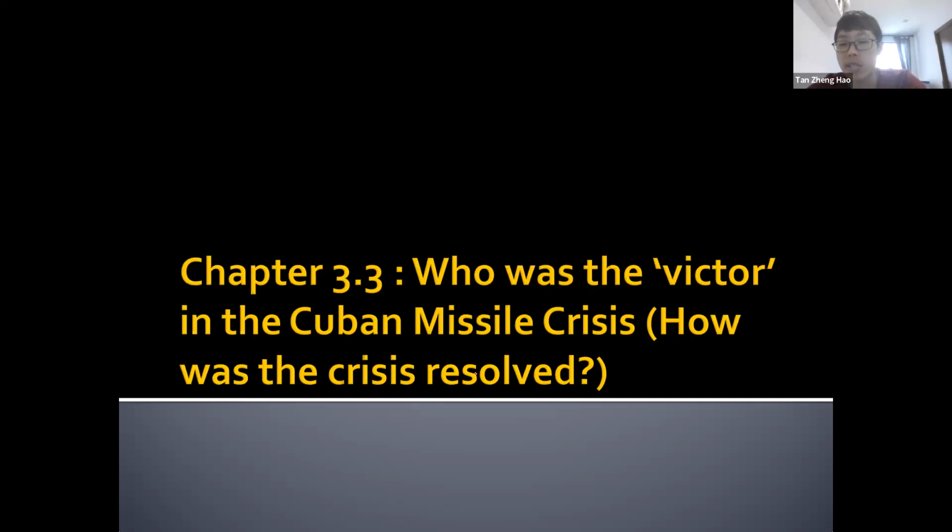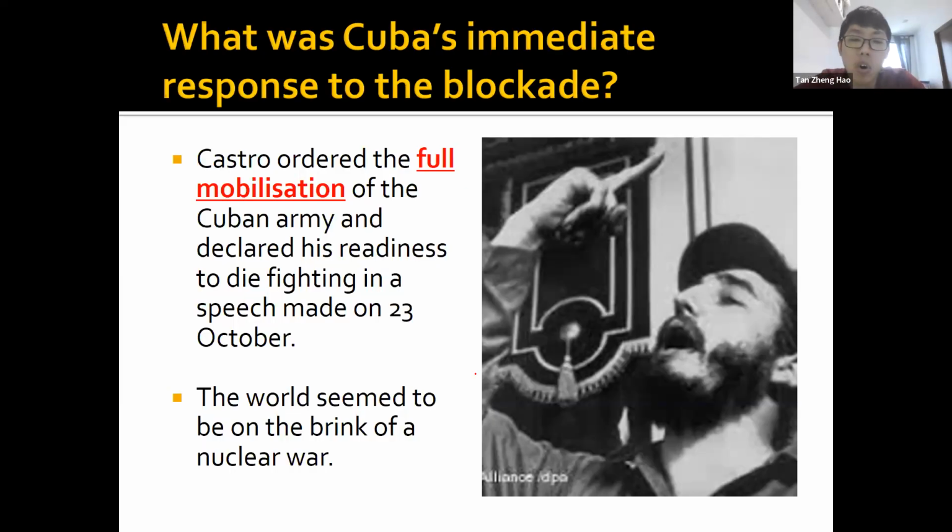All right, so that was the Cuban Missile Crisis. It almost led to war, but fortunately, it did not lead to war. Castro was ready to go to war. The US and Cuba could have gone to war, but they ultimately took steps that prevented a direct outbreak of war. Okay, fortunately for the rest of the world as well.